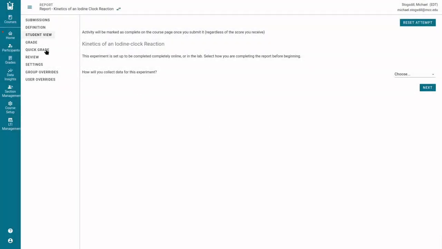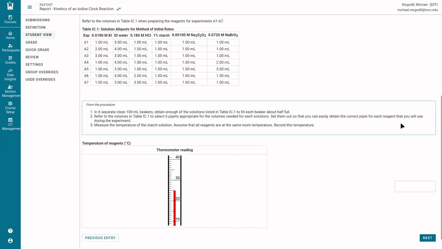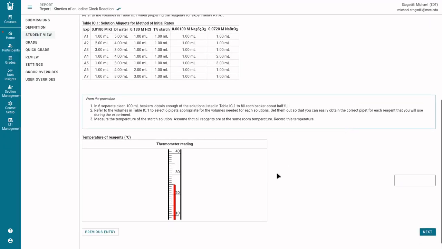Hello, everybody. I'm looking at the LabFlow Kinetics of an Iodine Clock reaction lab right now, and I want to give you guys a few pointers for getting your provisional data for this. So the first thing I'm going to do is say I'm completing this virtually. I'm going to hit next, and I start to get